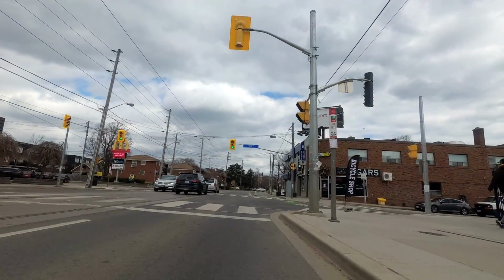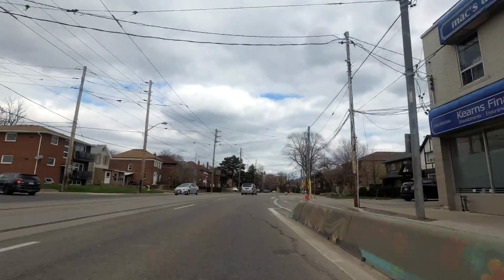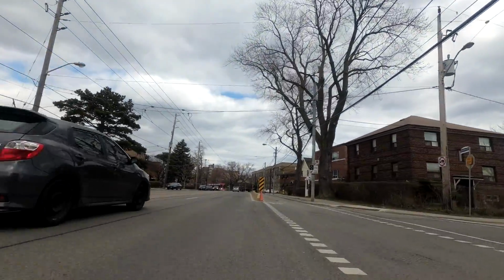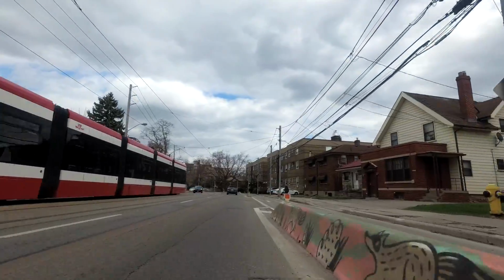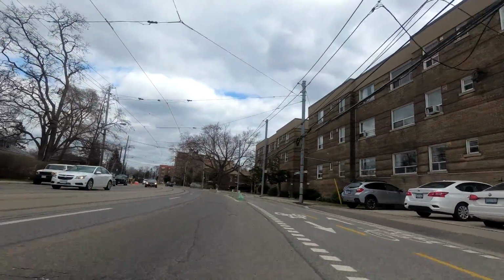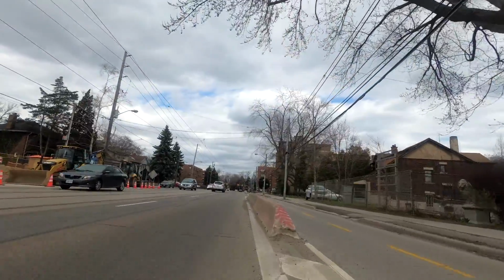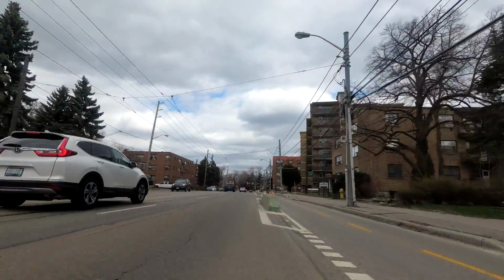So if I were riding my regular route along the lakeshore, I would come up that street I just went past, which is 1st Street, and then I would be riding on this bi-directional multi-use bike lane type thing that's over on the right. But I'm deciding to ride on the main traffic lane today, just because I'm trying to differentiate from what I normally do, and also because with the pandemic and the social distancing, we've been encouraged to stay at least 2 meters apart from other people, and that bike lane over there is kind of too narrow for people to pass each other. I'm not actually seeing anyone coming in the other direction right now, but